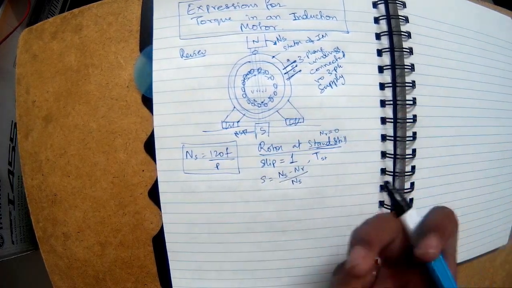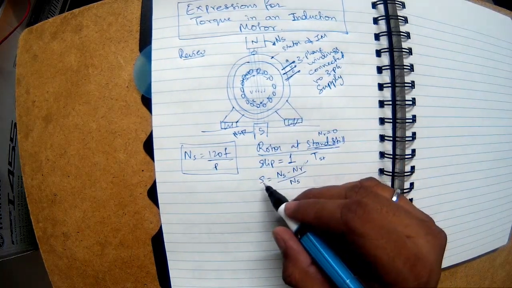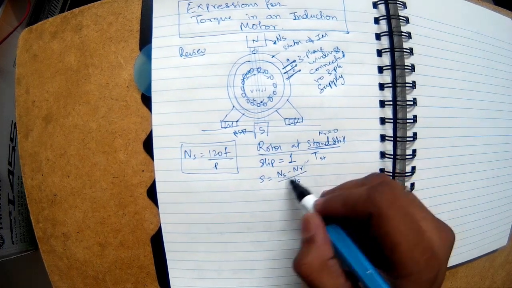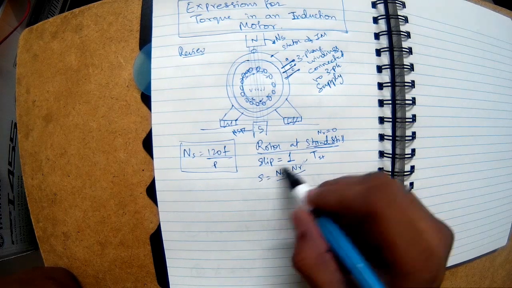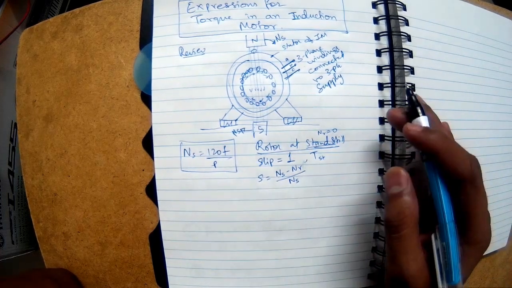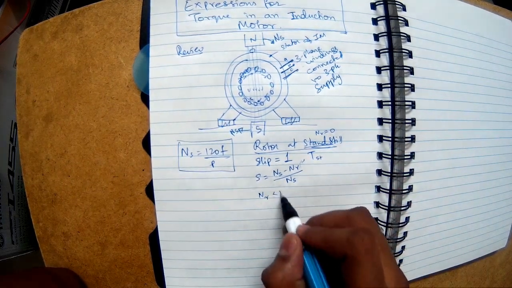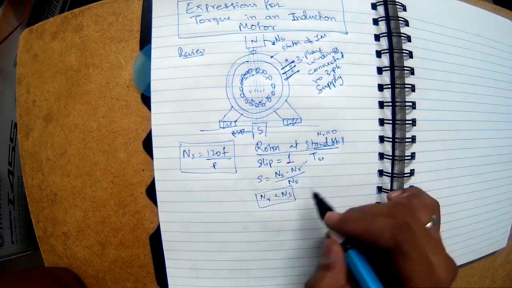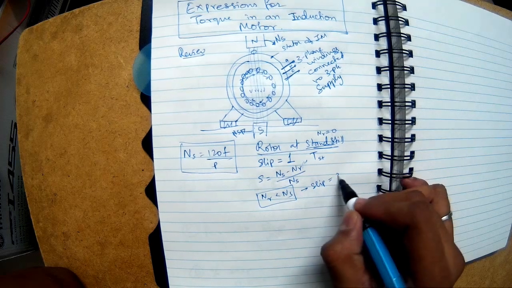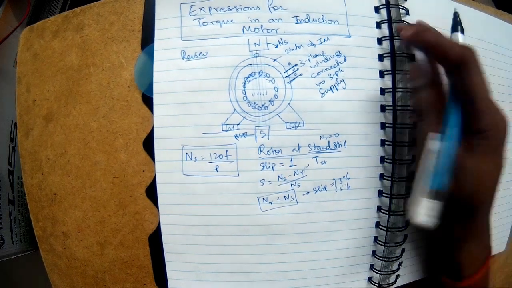When slip is 1, the torque is T_ST, the starting torque. As the torque is generated, the rotor starts rotating and Nr starts increasing, therefore the slip starts decreasing. When Nr equals Ns, the numerator is 0, so the slip becomes 0, and under zero slip the torque is also 0, and the rotor slows down. Finally the rotor settles at some speed Nr which is less than Ns, and this reduction in rotor speed with respect to synchronous speed is called slip, typically about 3% to 5%. Based on that the induction motor works.